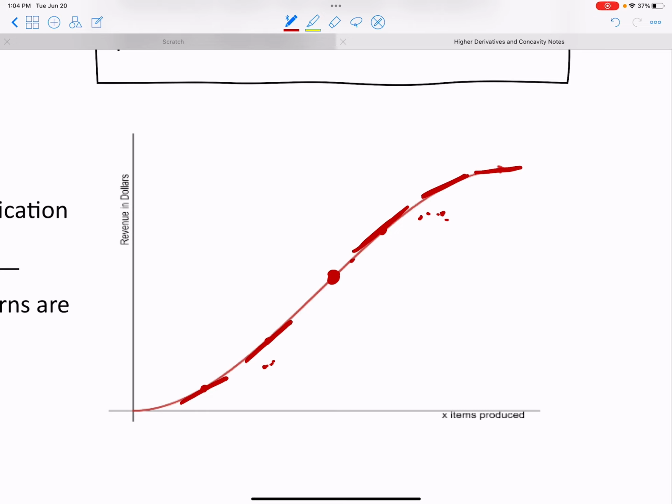So in terms of revenue, it's increasing all the way through, but it doesn't increase as fast after the inflection point. So again, we call this the point of diminishing returns, because you're still getting a return. It's just not as fast as the return before the inflection point, if that makes sense. So the rate of change